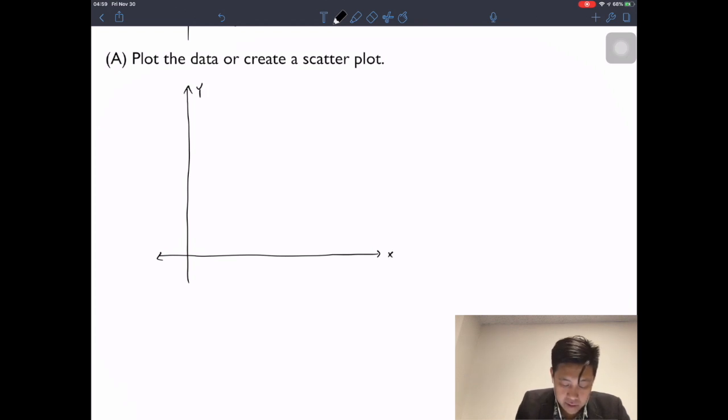And the nice thing about these numbers is that we can go by ones. So there's 1, 2, 3, 4, and 5. Same here on the y-axis, 1, 2, 3, 4. We can go as high as 4, that's fine. And we simply plot each one. So I'm going to take the time to do this. So there's 1 and 1, 2 and 2,